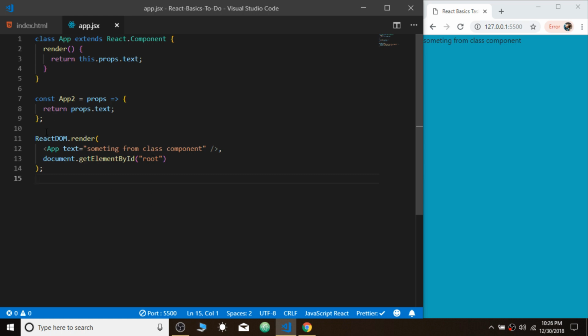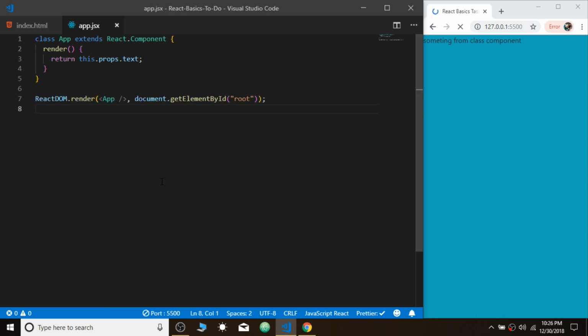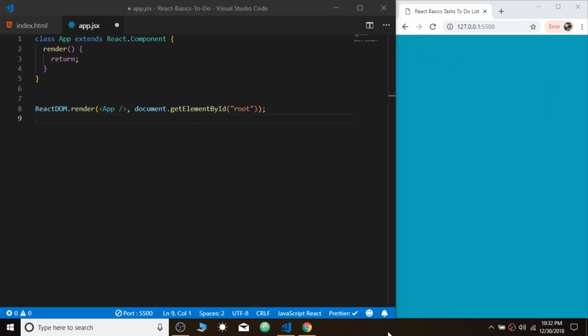Okay, so now I'm gonna start making the application. So I'm gonna get rid of this app2 component, and I'm gonna get rid of this text prop as well. So I'm just gonna save it with nothing in it pretty much. So I'm gonna delete everything, save it again, and we have a blank page. So the very first thing we're going to create is our header,